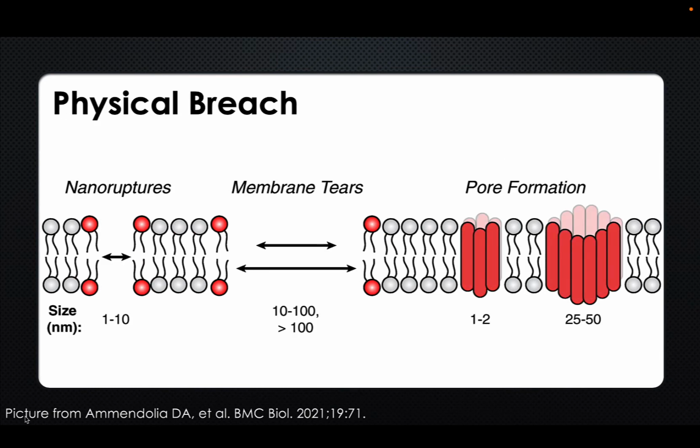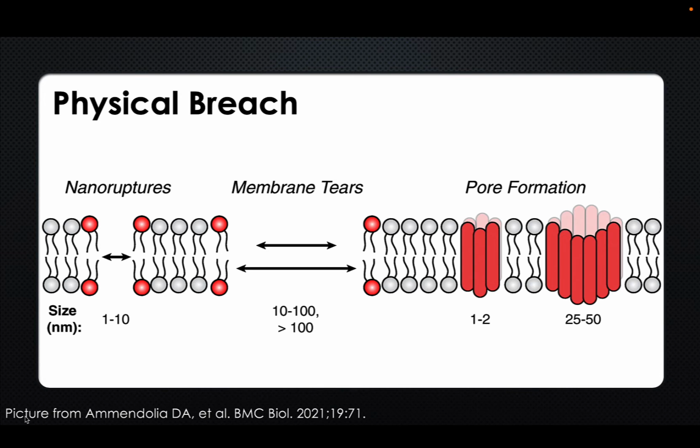Physical breaches can also occur as pictured in this panel. Nanoruptures on the left can be 1 to 10 nanometers wide. These small lesions result from mechanical force or sustained chemical disruptions, while ultimately allowing small molecules to leak out of the cell. Membrane tears are larger, anywhere from 10 to 100 nanometers in size, and result in more extensive leakage